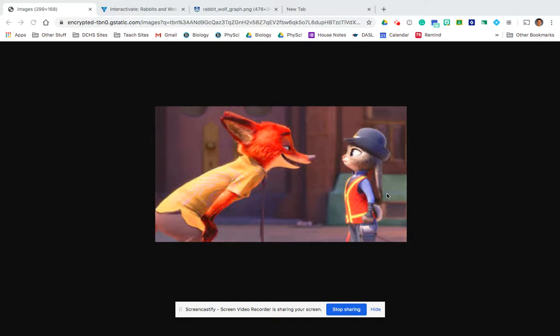All organisms are looking to take in energy, whether it's Officer Hops, who is looking for energy from producers such as carrots, or Mr. Fox, who is getting his energy from Officer Hops. And so it's just about a competition of energy. And it's actually a very delicate balance between predator and prey. Just a few things can completely alter that relationship and change one species or both species for the better or